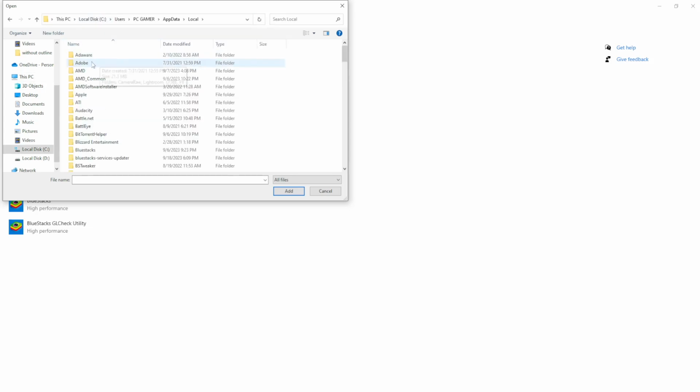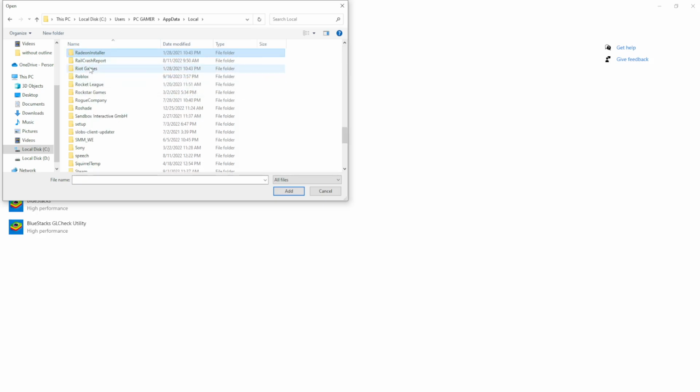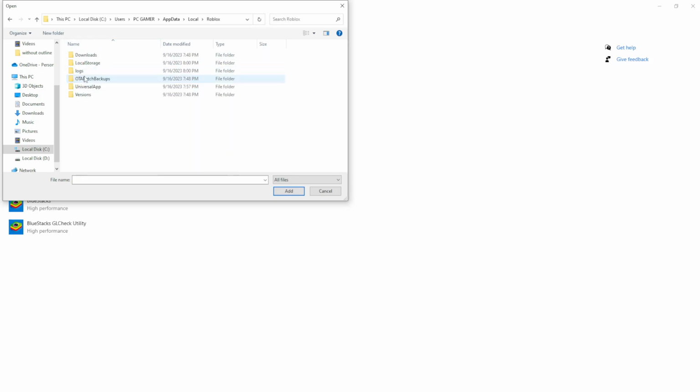It should load a bunch of folders, and right here we want to just click on any folder and press R, so we are located to the folders starting with R, and find your Roblox folder. As you can see, I have it right here, so just open it up and select versions right here, then